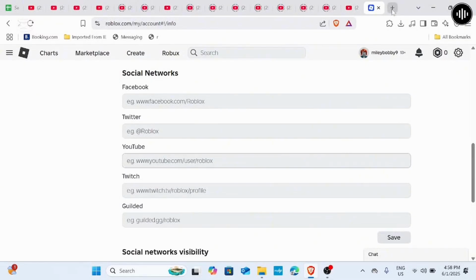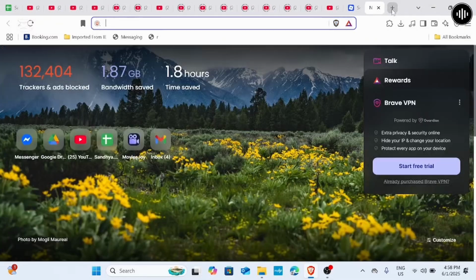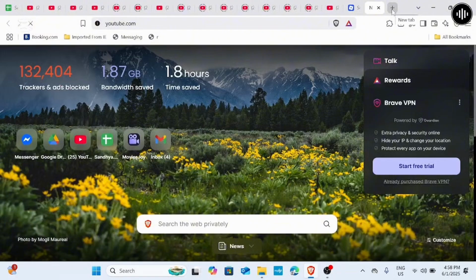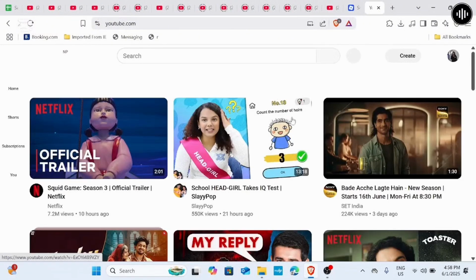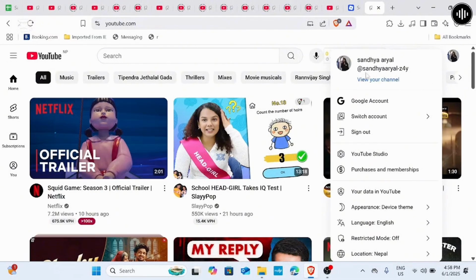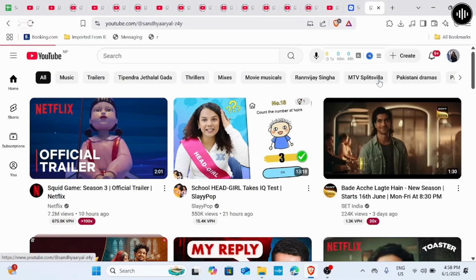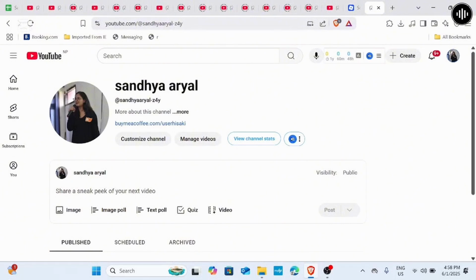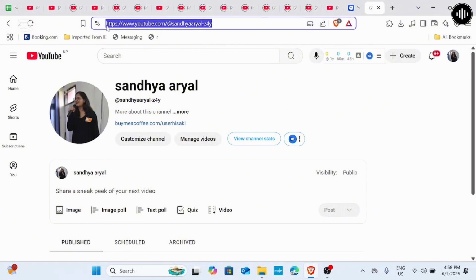Now in order to find the link of your YouTube, you need to simply click on New tab and go to youtube.com. Once you're in the YouTube and you're logged in, now you can see your account right here. You need to simply go and click on your account, and from here you need to click on View Your Channel. Once you do that, you need to simply go ahead and copy the link that appears above,